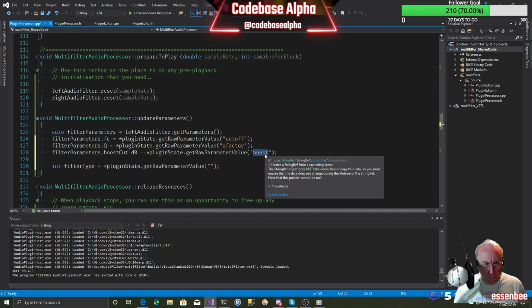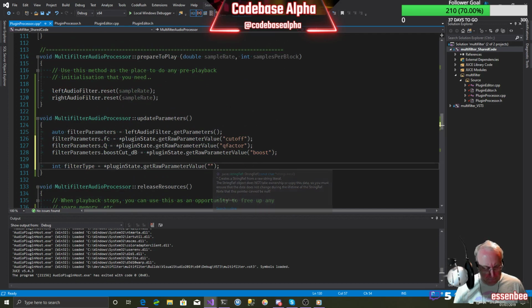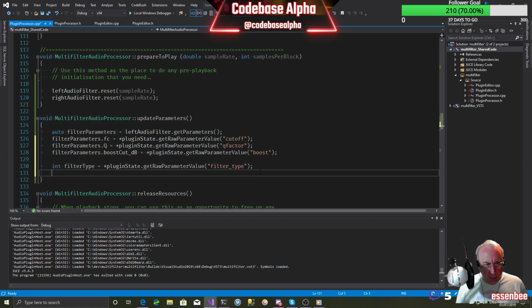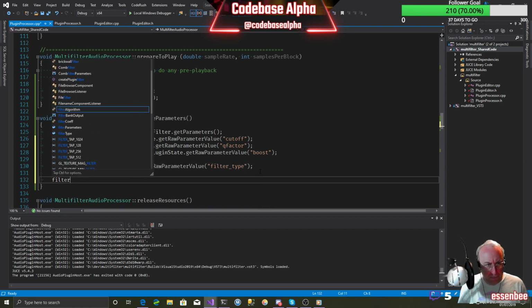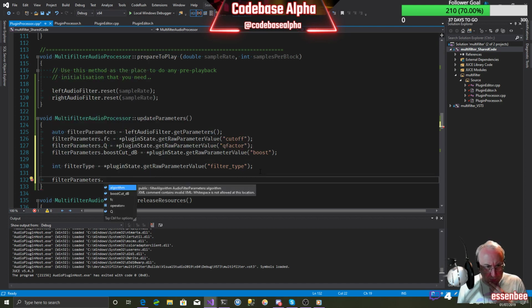Yeah. So now we want to set filter parameters. Algorithm. Now the algorithm is